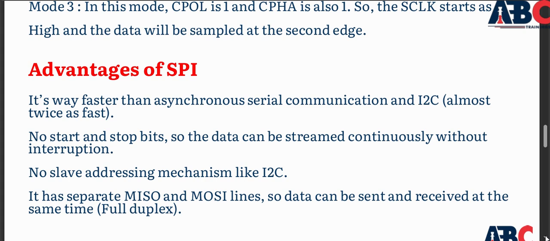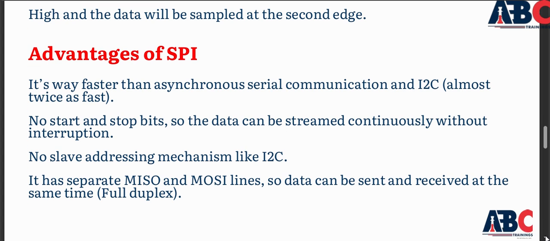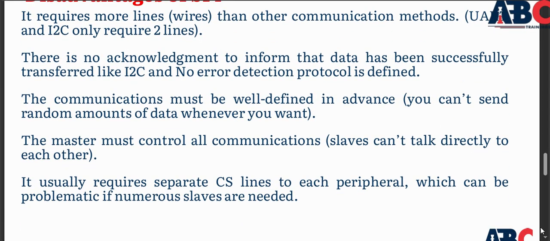Advantages of SPI. It's way faster than asynchronous serial communication, and almost twice as fast as I2C. No start and stop bits, so the data can be streamed continuously without interruption. No slave addressing mechanism like I2C. It has separate MISO and MOSI lines, so data can be sent and received at the same time. Full duplex. Disadvantages of